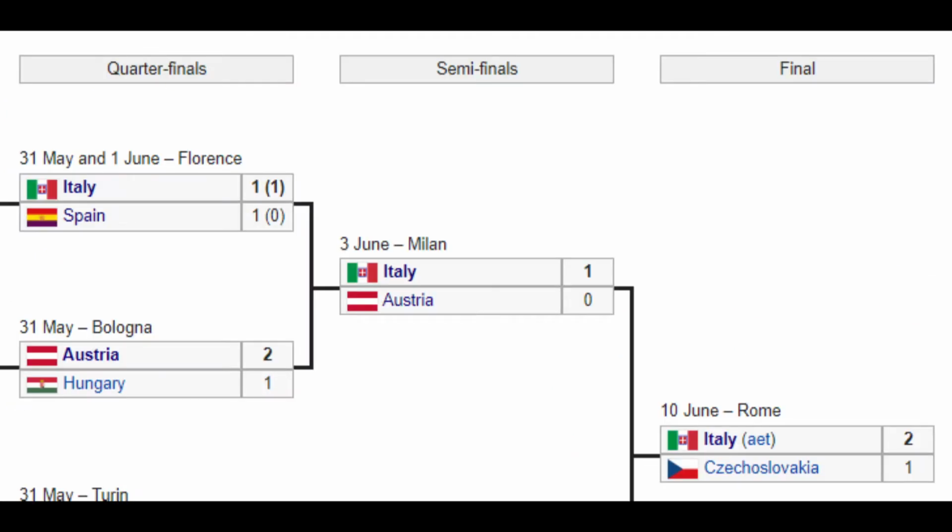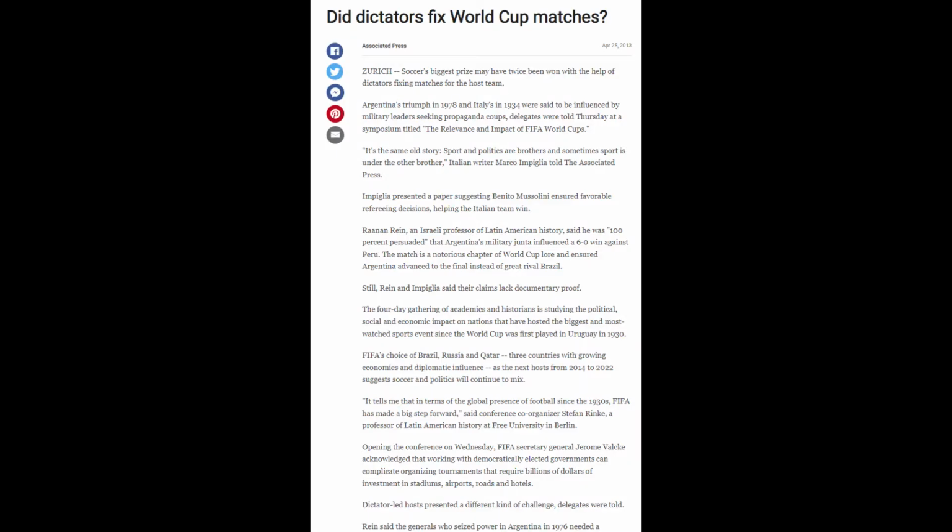The first World Cup where this is relevant is the 1934 edition. The quarterfinal match between Italy and Spain would have gone to penalties instead of being won by the Azzurri in a replay. Spain could have won in the shootout, meaning either they, Austria or Czechoslovakia would have won the World Cup, which is really interesting to think about since, well, Austria and Czechoslovakia have never won it, and Spain didn't win it until 2010, so history could have been different. Still, it's unlikely given how corrupt Mussolini's regime was, and the case can definitely be made that that tournament was rigged in Italy's favor.